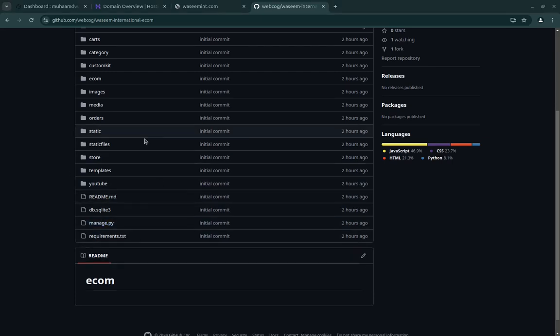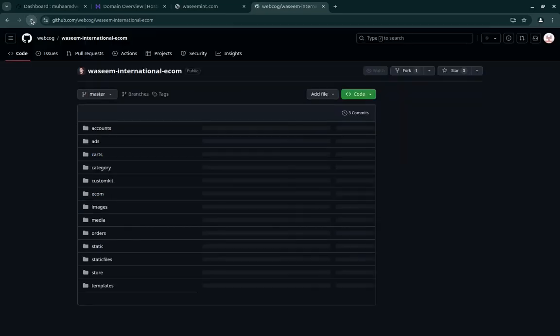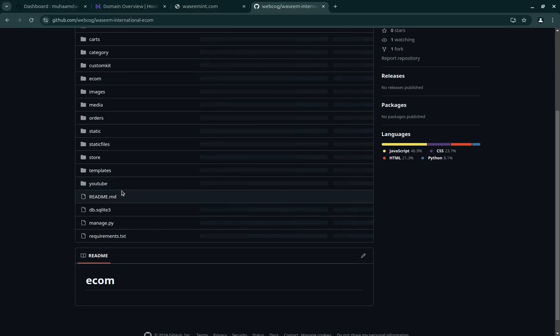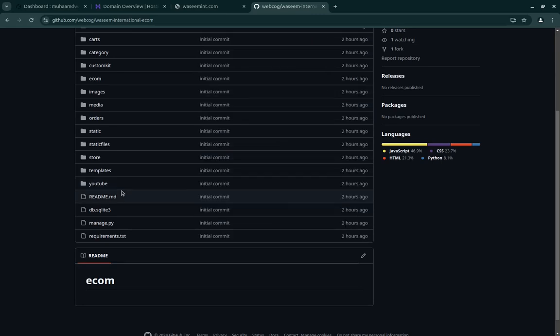Alright, so I deleted this Procfile and also this runtime.txt file. Basically, in this video we are going to use a MySQL database. So technically we also don't need this db.sqlite3, but I am not going to delete it. You can delete it later, but the main thing, we are going to connect it with